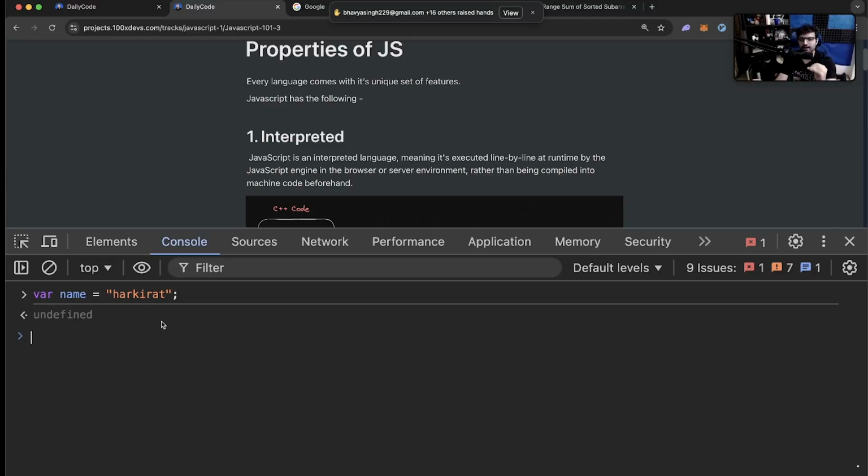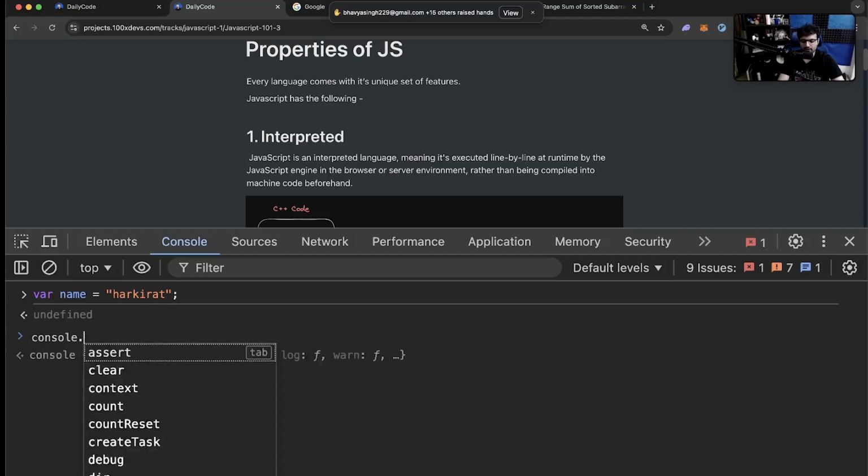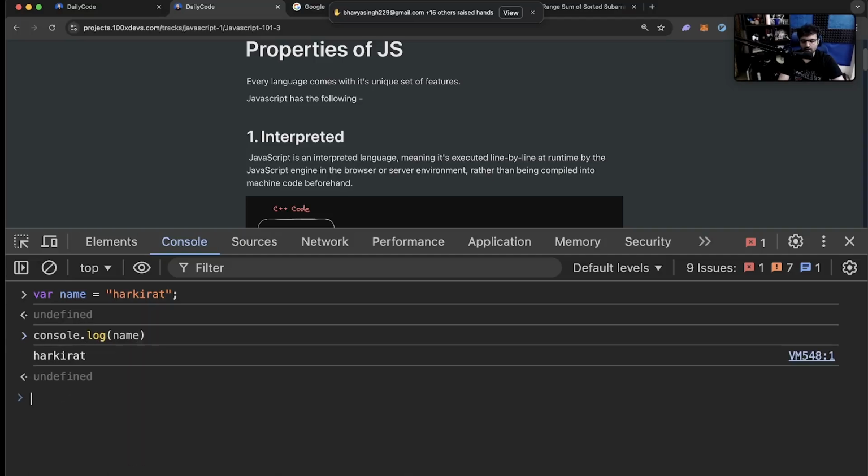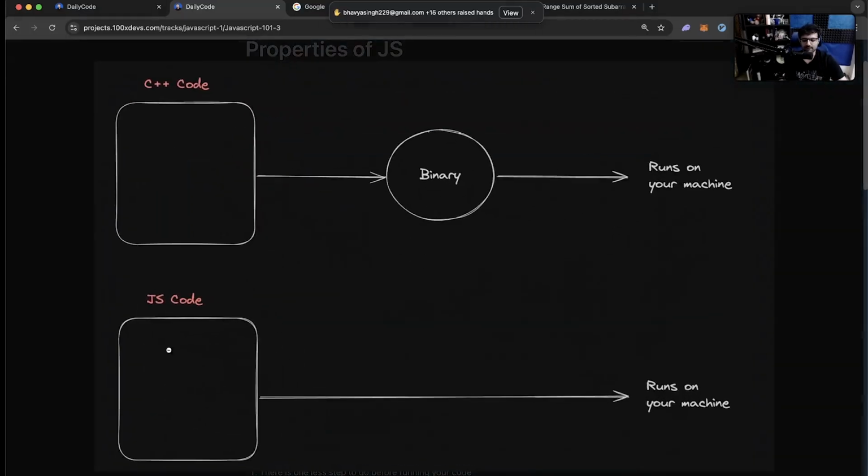One line ran, one line was interpreted. Then I can write another line of code. Then this line of code ran. As you can see, it printed Harkirat on the screen. When you call console.log with a variable, it prints it on the screen. If you don't know what a variable is, that is fine. We're coming to it very soon. What is the point of this thought experiment? To tell you that in JavaScript, you can write partial code and execute it slowly. You can slowly write code and start running it alongside.